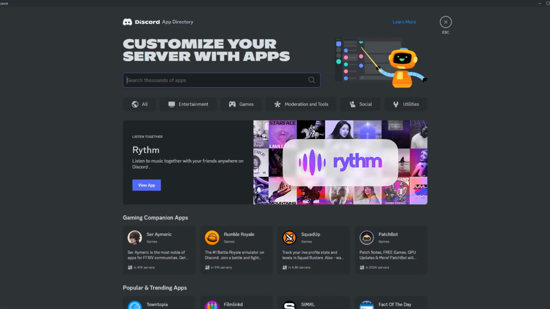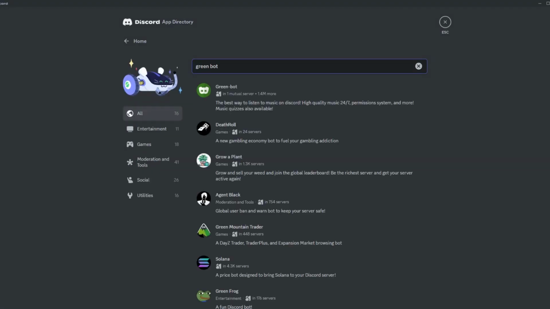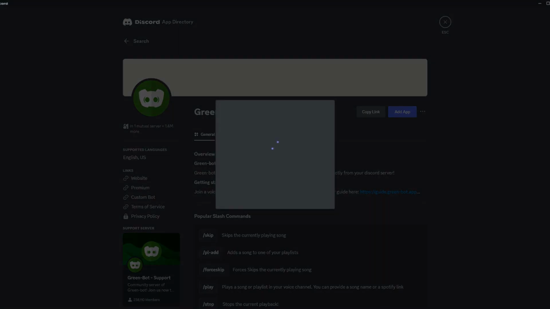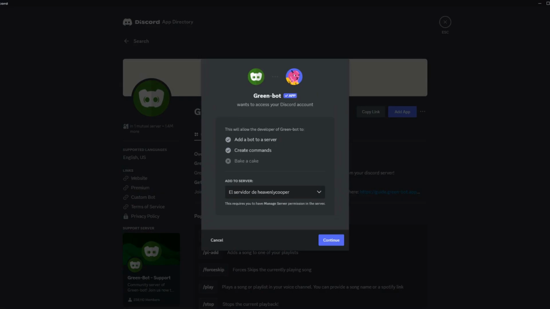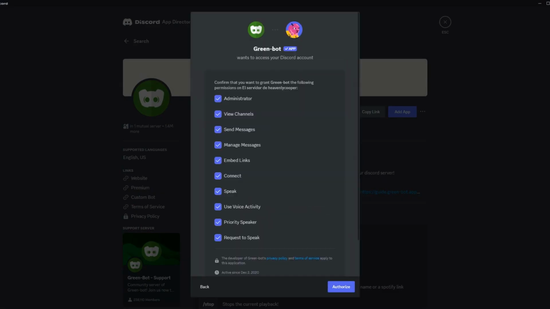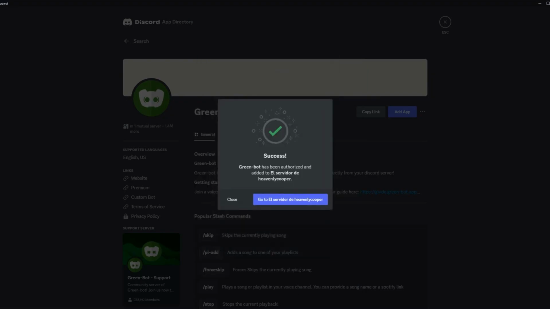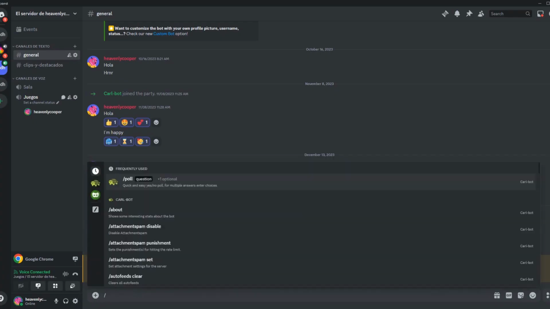So here just write Green Vote, and this is the server. Just click here and just add it, and then just select the server, and then continue. Just check what the following permissions would have and authorize. Just wait, and let's go to the server, and now just write slash play,